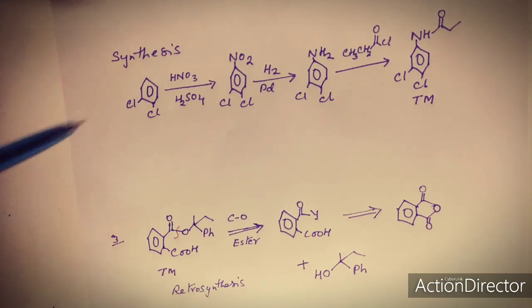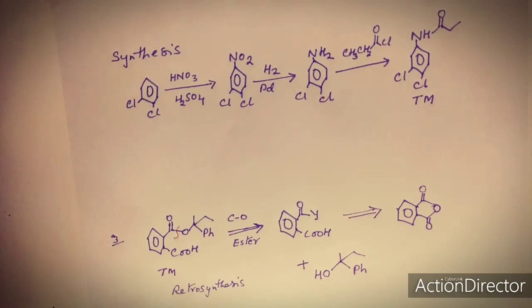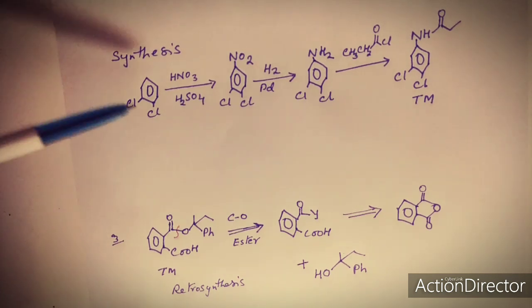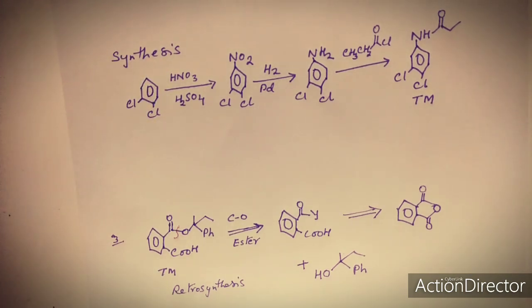So now when this is nitrated, whether with respect to this chlorine or this chlorine, it is one and the same thing. Because chlorine is also para-directing, we will be getting a para-substituted product, due to steric reasons, because these two are ortho to each other. Moreover, chlorine, as we know, is ring deactivating, so it won't lead to much di-substituted or tri-substituted product. We will be getting this mono-substituted nitrated product, which on reduction will lead to the formation of this amine, which on further reaction with CH3CH2COCl